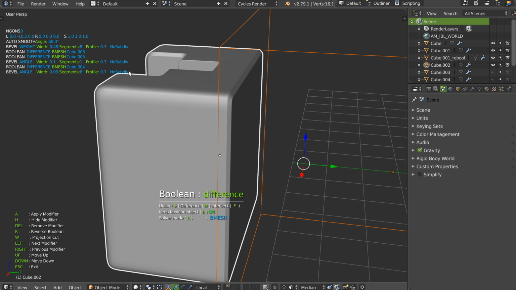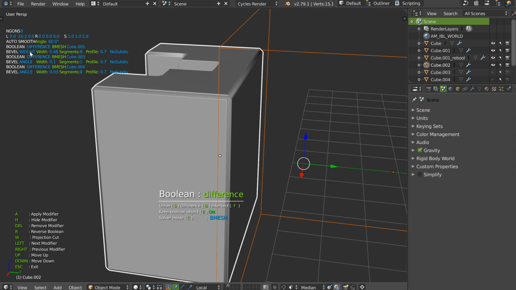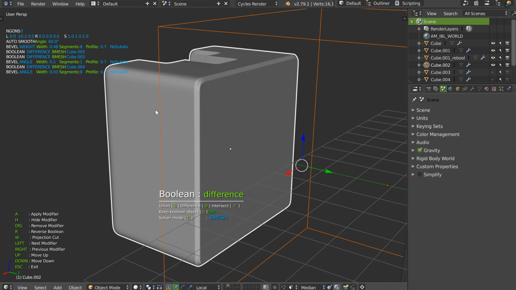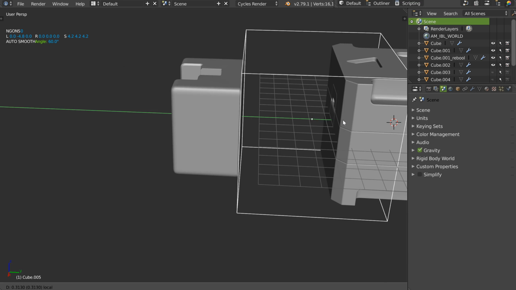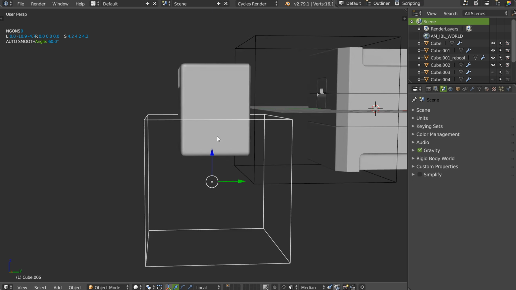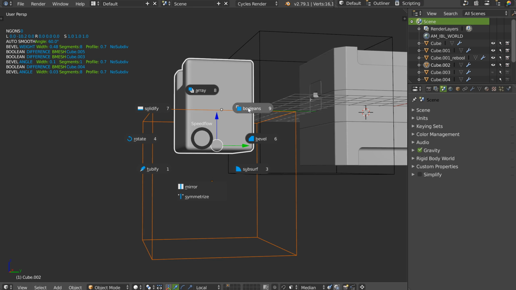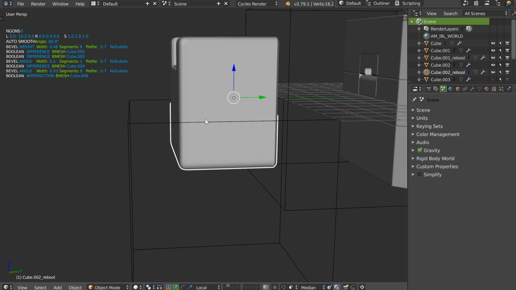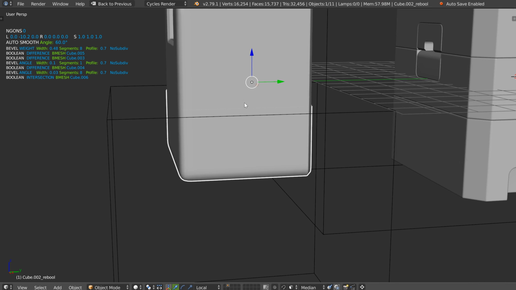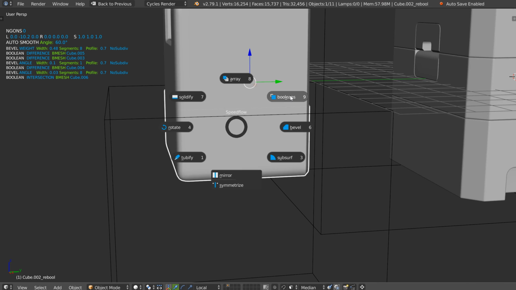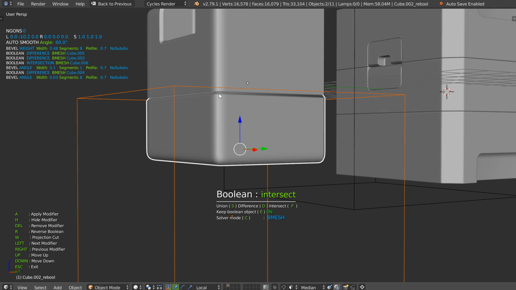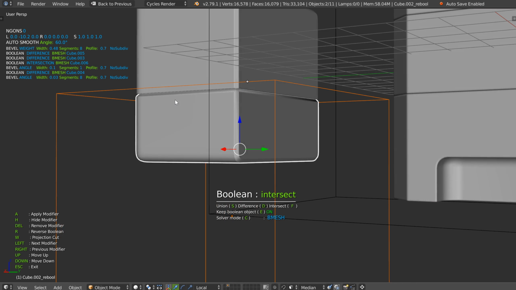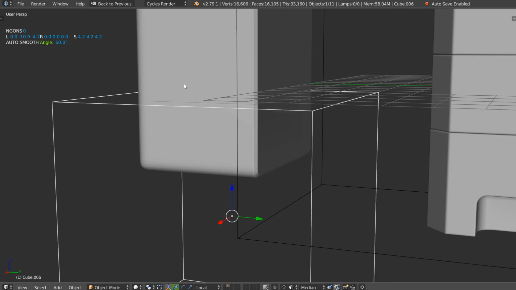So the boolean is this one, and if I do this, it's not okay. So I can do this. Of course, you can, if you want, edit it. Shift D, move this one, press Control Alt and click. And like that, you will have this. As you can see, the boolean is there. You can go in the boolean, and you can move your boolean under the bevel you want. I will keep this one, I will do the same for this one, and that's it.